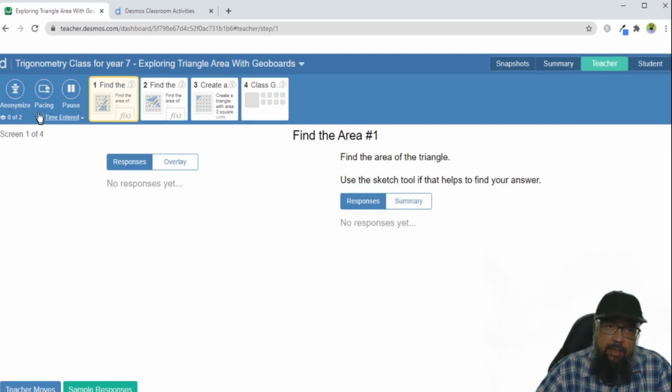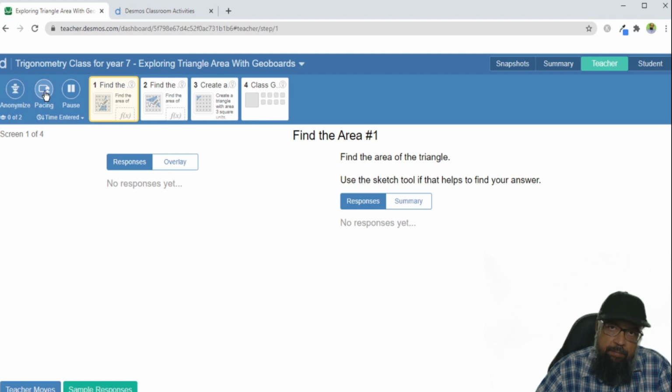And now let us first see what these controls are. On the left hand side I have anonymize. Anonymize means that if I click on anonymize, I will not be able to see the original names of the students, and students will get some anonymous names. So the benefit is that when all students have randomized names, they will not get embarrassed if they do something wrong, because no one will be able to recognize them. So it is good that you anonymize the students.